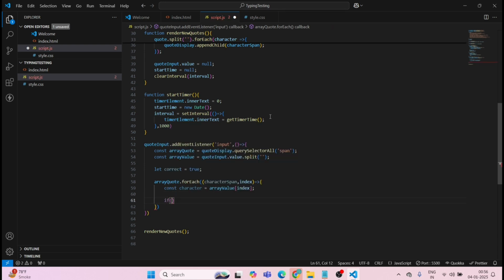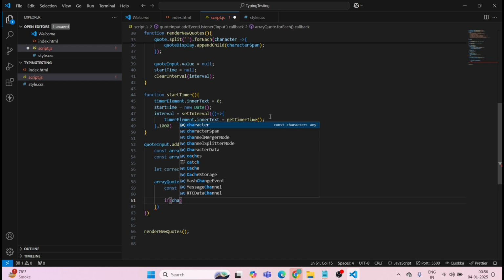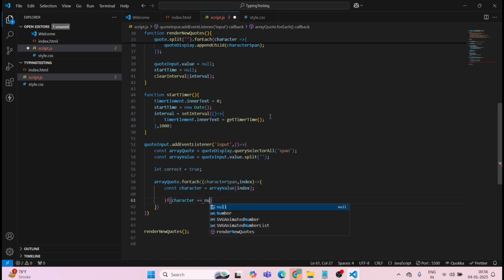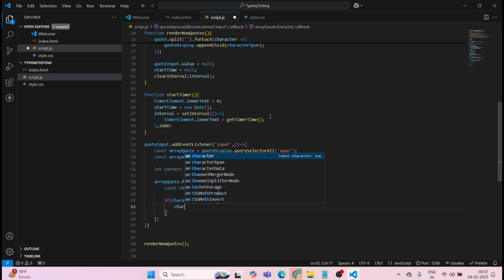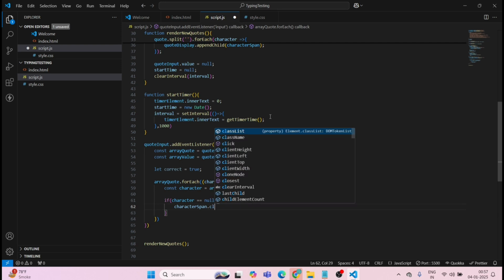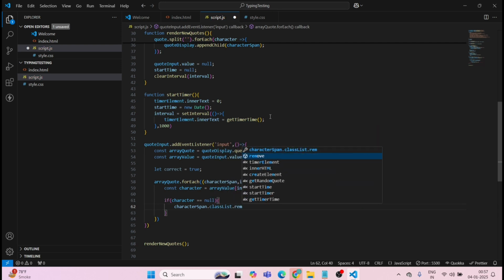If character is null, then characterSpan, right? characterSpan dot classList dot remove both